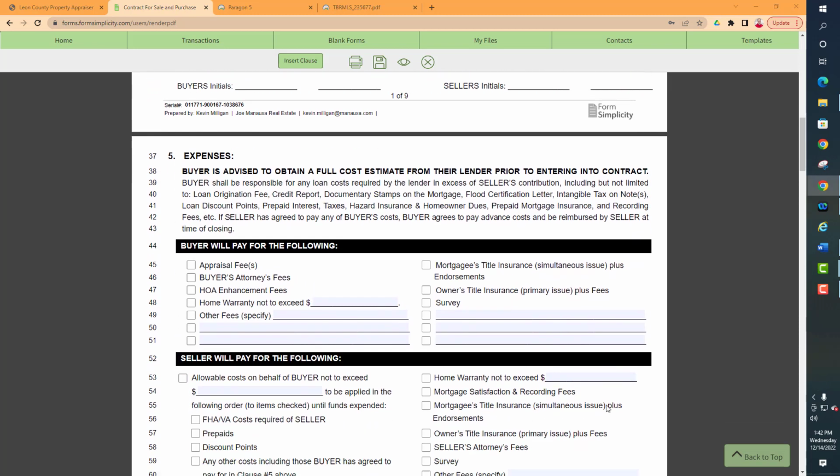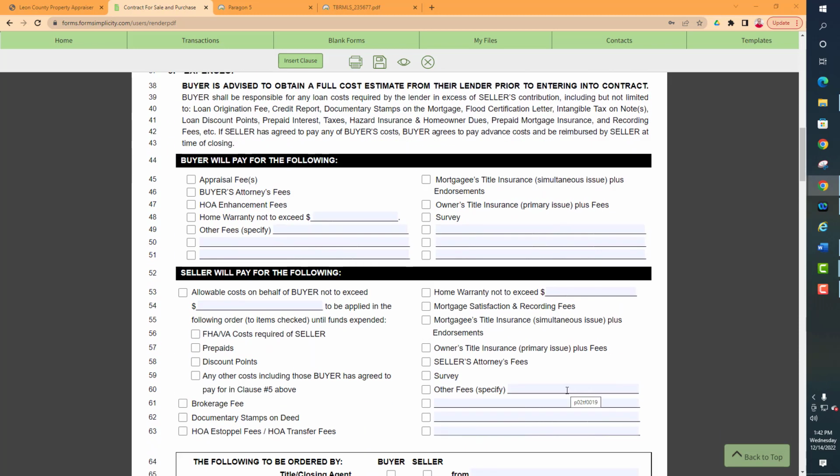Understand that everything in section 5, for the most part, is negotiable. But for the purposes of this training, we're going to talk about just the standard contract boxes that we check on the majority of the contracts that we write, with the standard fees, and so forth. So you need to know what all of these things are in the contract. You should have learned about most of this stuff in your initial licensing course, but the buyer is going to